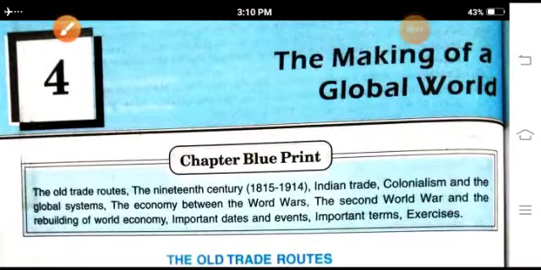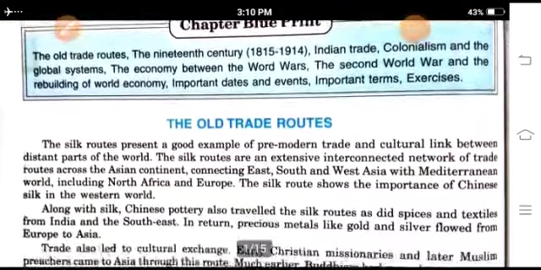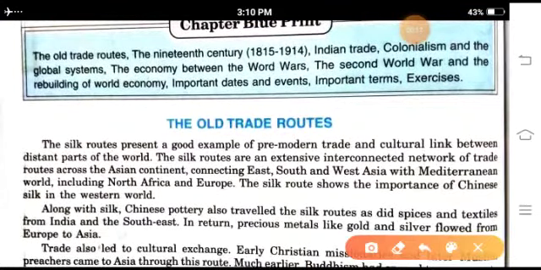Good morning, students. Today we are going to do chapter 4, The Making of the Global World. Here, the old trade routes, the Silk Routes, present a good example of pre-modern trade and cultural links between distant parts